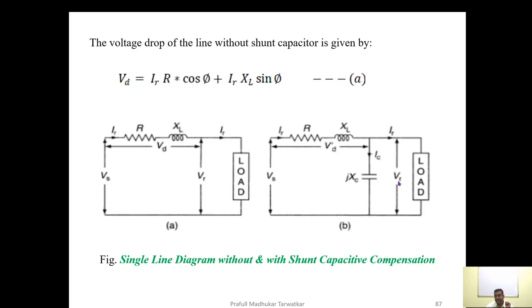Now consider the second case where we are installing a power factor correction device, a static capacitor, in parallel with the load. Now what happens here? That current IR is still going to the load, but now the current being supplied by the source is divided into IR, and some of the current is taken by the capacitor current IC. Now see here how this helps in improving the power factor with respect to the phasor diagram.